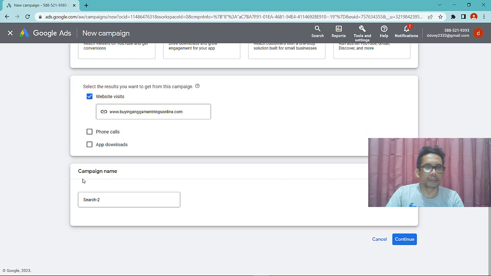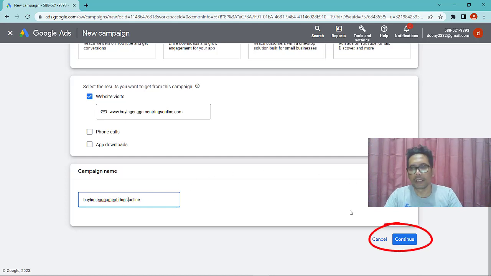You can type a campaign name, whether your campaign name is the same or similar to your keyword. I will put buying engagement ring, and click continue.